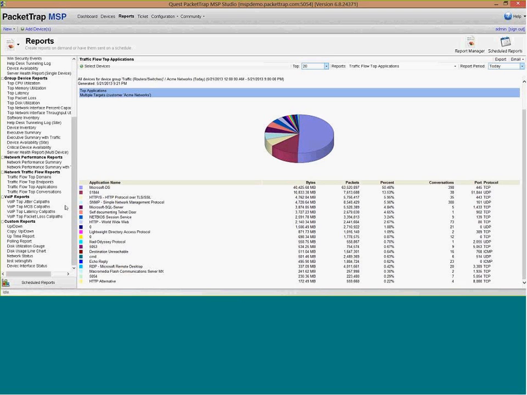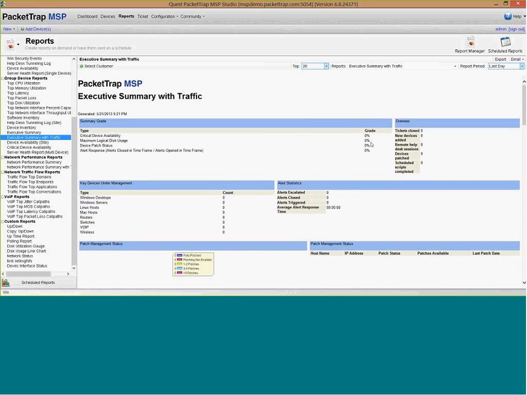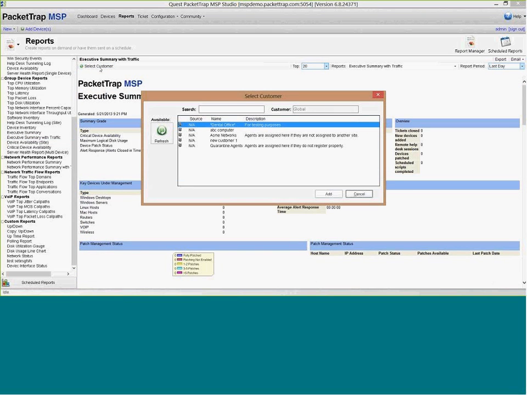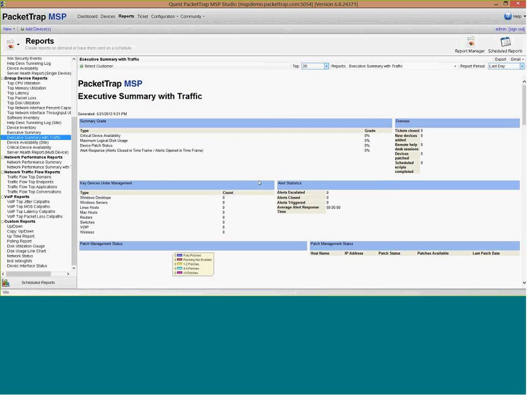Reports can be automated, sent on a frequency, sent to the customer. One of the reports you may want to be sending to the customer is an executive summary report, before and after, so giving them the grade of their network. Let's go to here. Now,